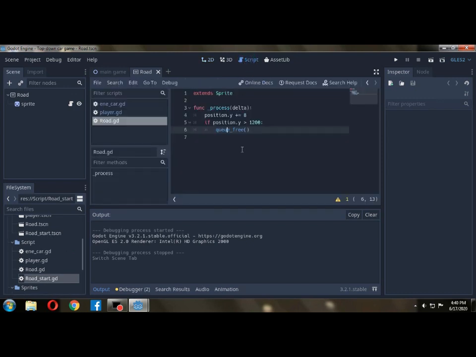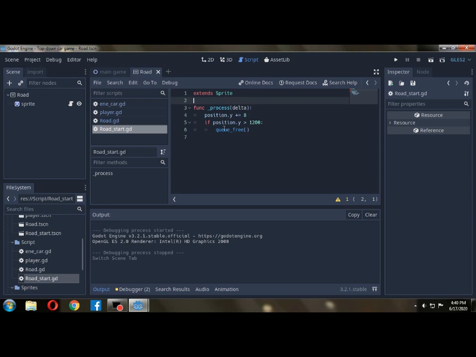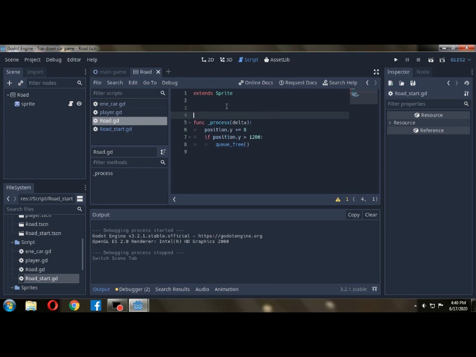So we need to open this too. This road start doesn't need it too much. We need this road to come on the upside of the window, to start from the upside of the window. I don't remember what was the thing. Oh, okay, function